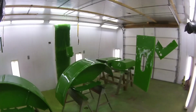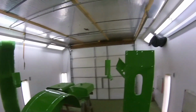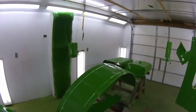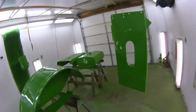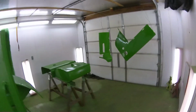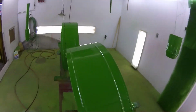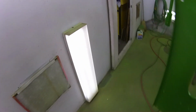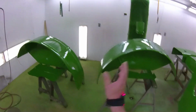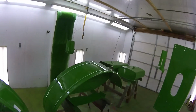But the 1935 John Deere D that I had talked about earlier, finally got the sheet metal painted here on Sunday. Also did this, got it prepped Saturday, and she got a pretty good shine to it. So I'm going to get it together. I'm going to dig it out of the other garage over there. And